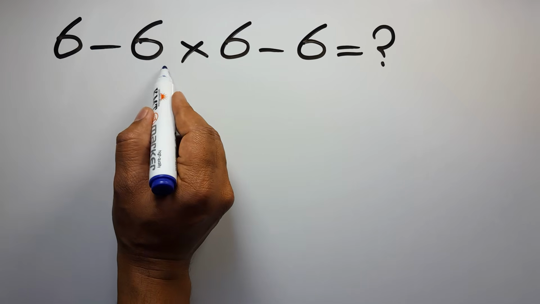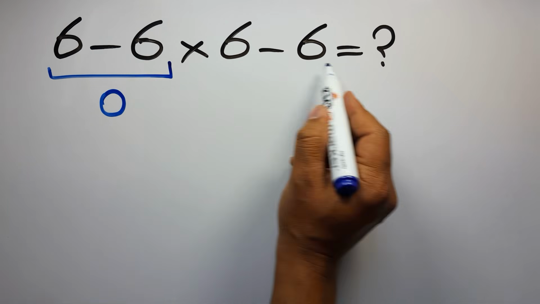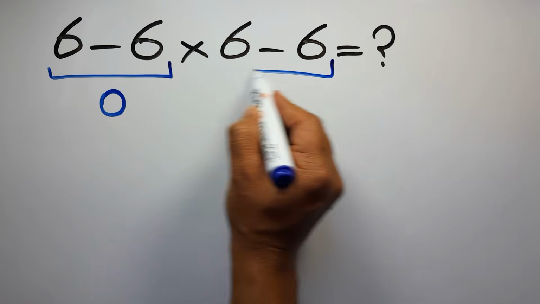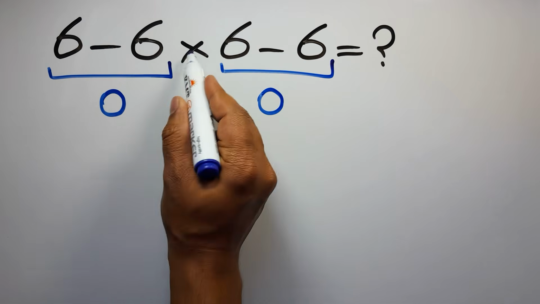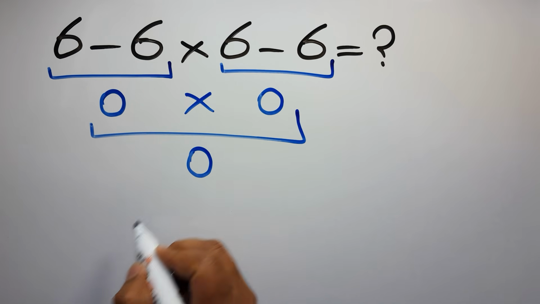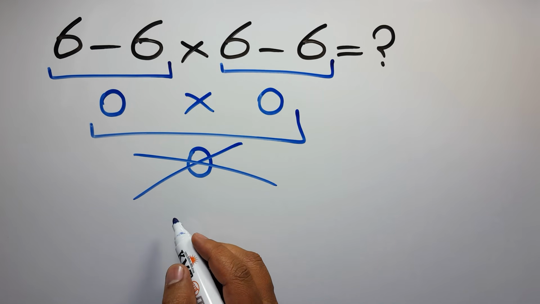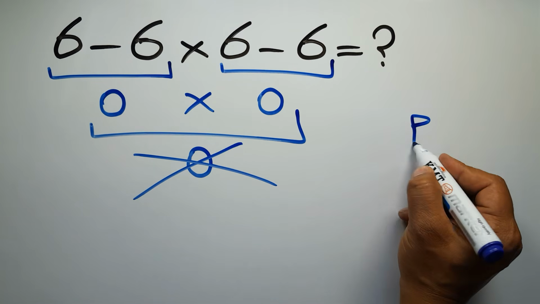6 minus 6 gives us 0. And again here we have 6 minus 6. So 0 times 0 is just 0. But this answer is not correct because according to the order of operations, which is PEMDAS,